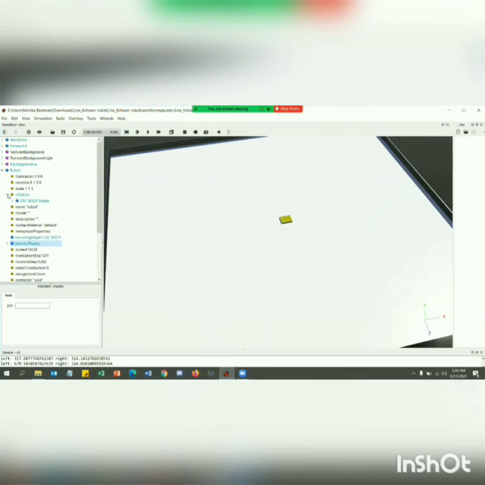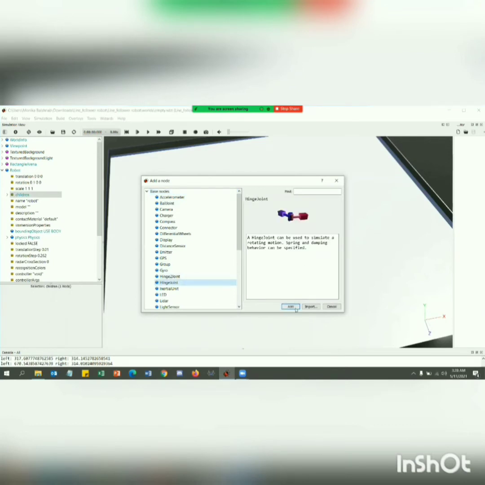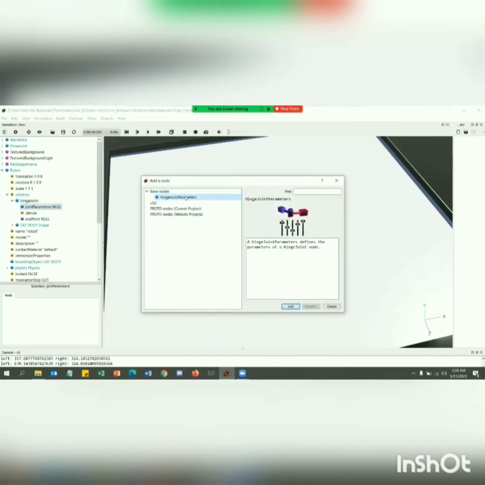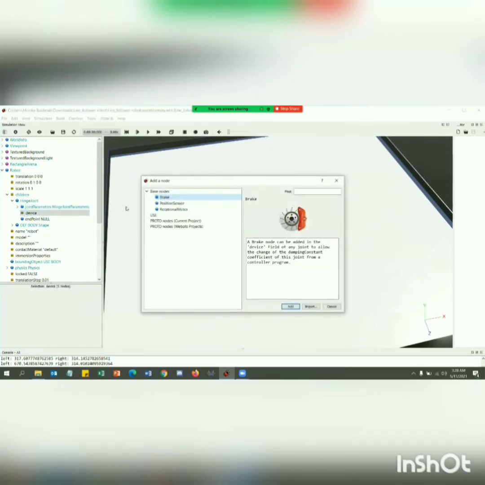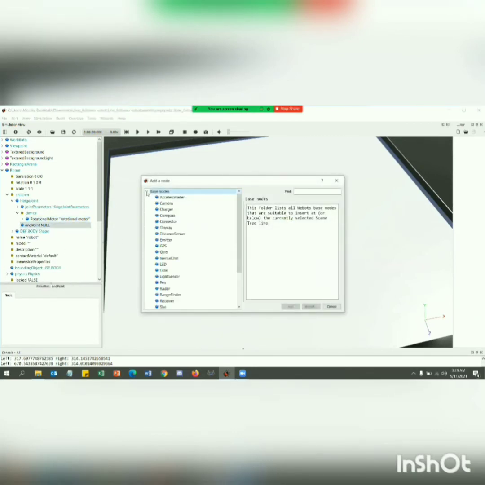Now for the wheels, we have to go to the children again. We have to choose a hinge joint for making a wheel. So add it, and then go to joint parameter, hinge joint, and go to the device. We have to choose a rotational motor for our robot wheel, and for endpoint we have to choose solid,